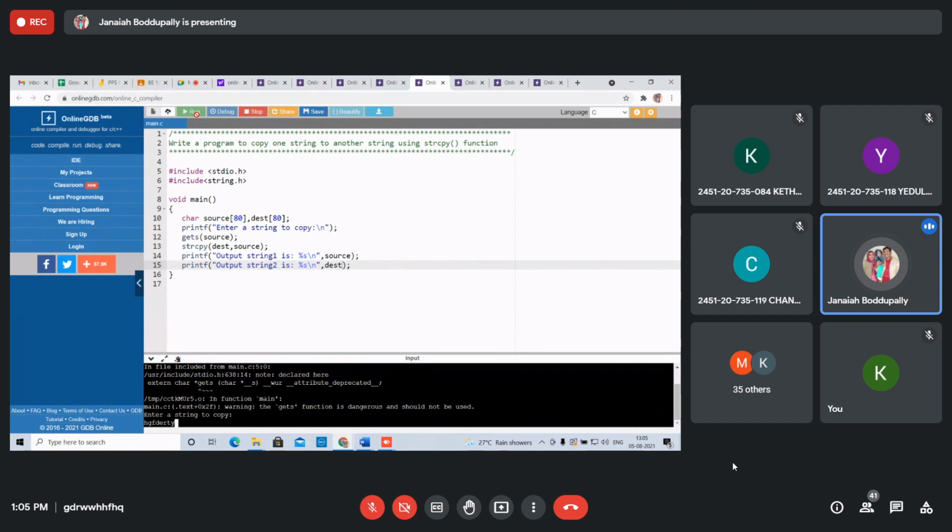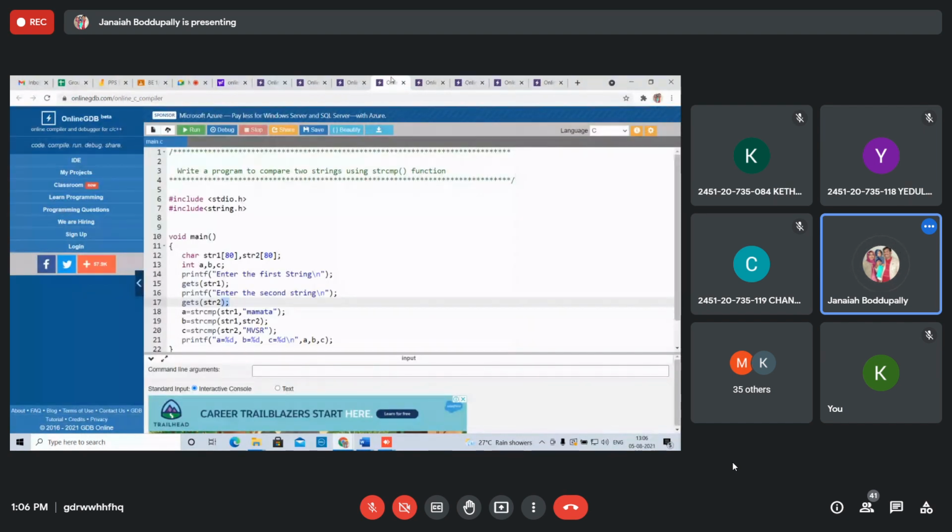Whatever we took, the same thing will be copied into the destination. So string 1 and string 2 are source and destination. Okay, understood, students? Any doubt in this? We are using the library function strcpy, the string copy library function.